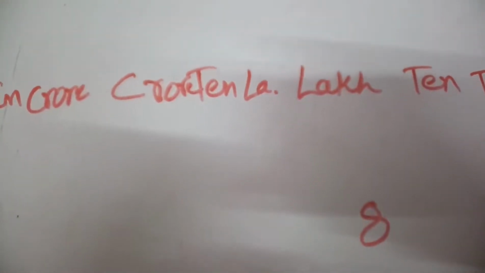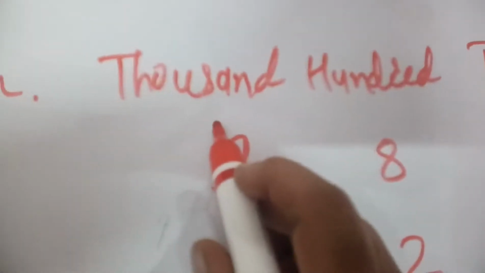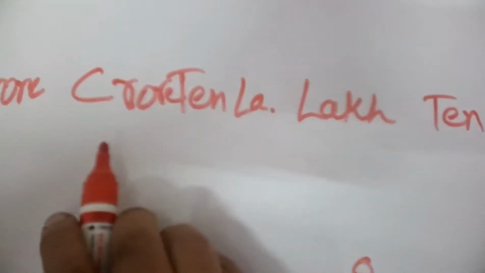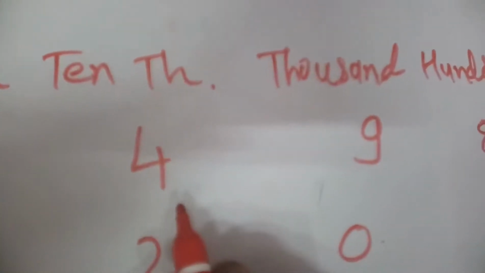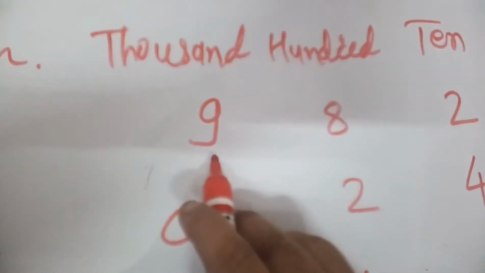The next question is, write the numbers in the place value table. I have made the table here. See, first I have written ones, then 10, 100, 1,000, 10,000, lakh, 10 lakh, crore and 10 crore. So your first number is 49,000. So I have written 4 in 10,000 place, 9 at 1,000 place,